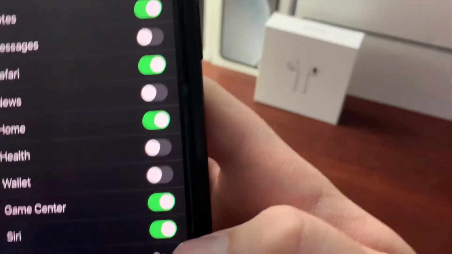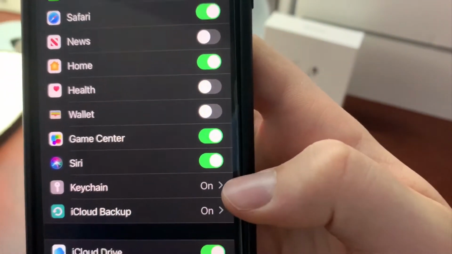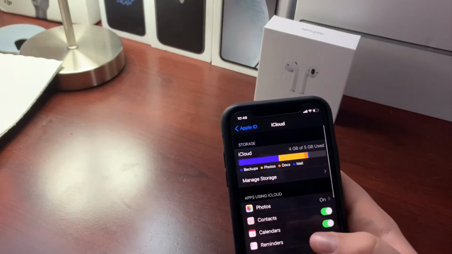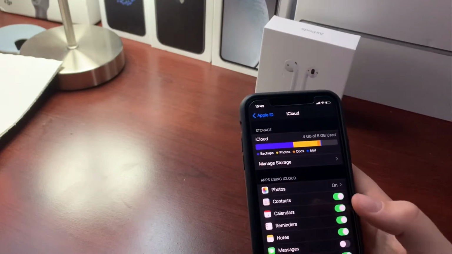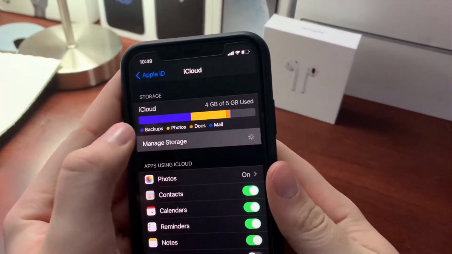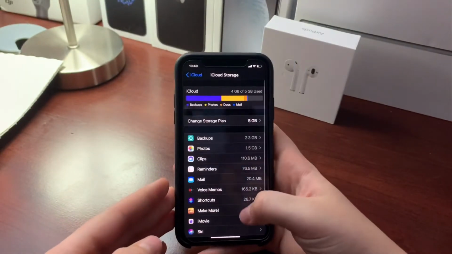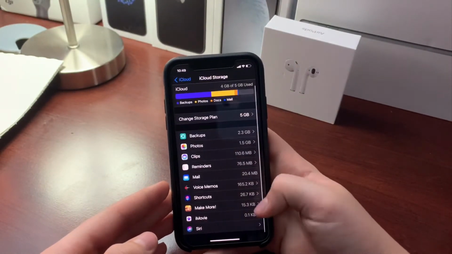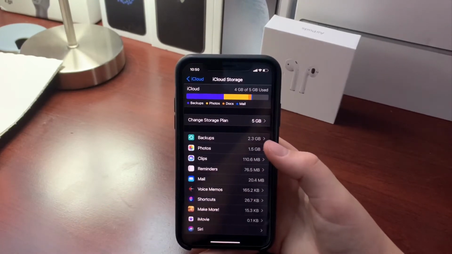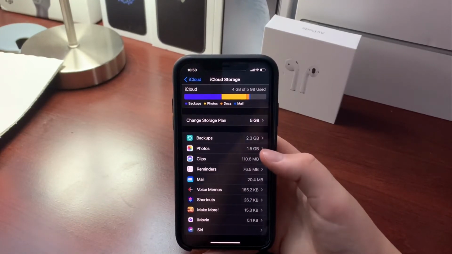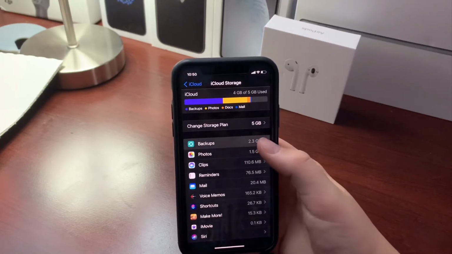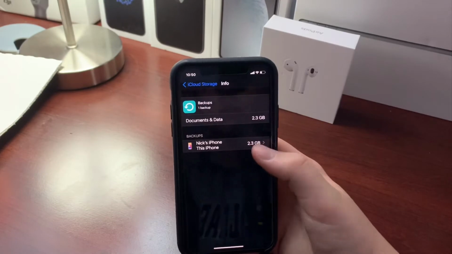Make sure also you want keychain on, especially someone like me, because it holds all my passwords, and I don't want to lose my passwords if my phone got broken. But this is how you manage your storage. You're gonna press manage storage. It's gonna bring you here, and this is all the storage that is being taken up, right? 2 gigabytes of my iCloud is just backups, right? And 1.5 is photos. So if I go into backups, right, and I click my iPhone,